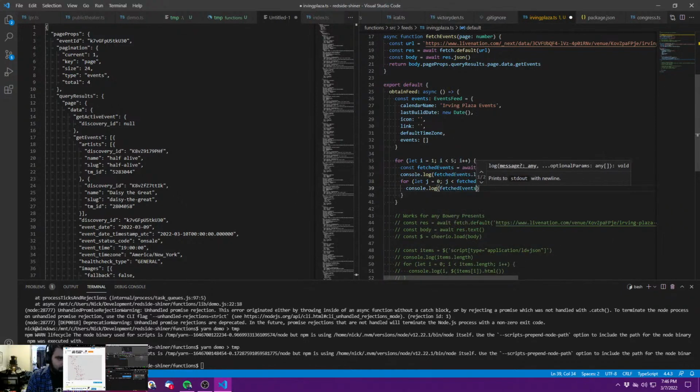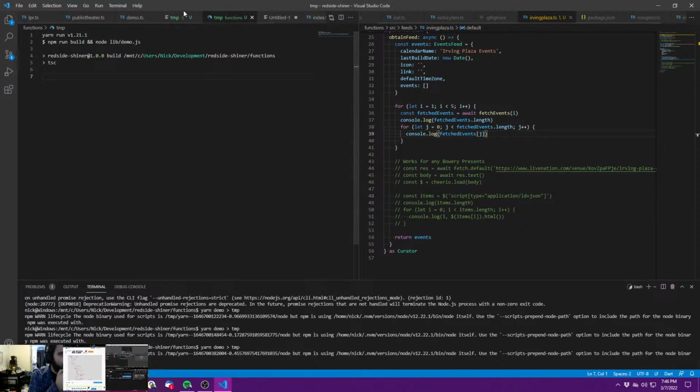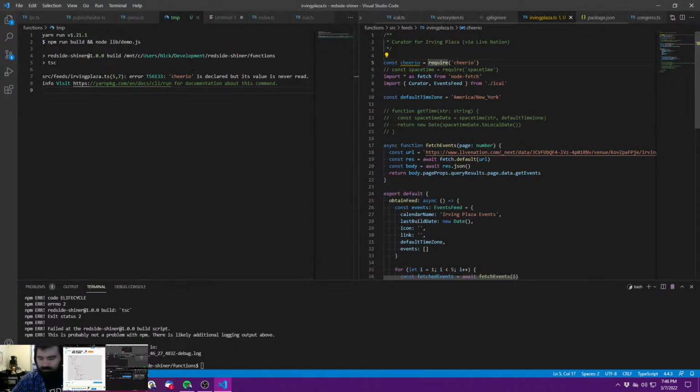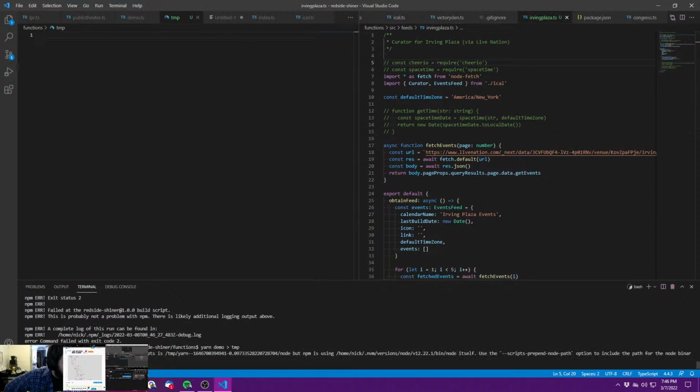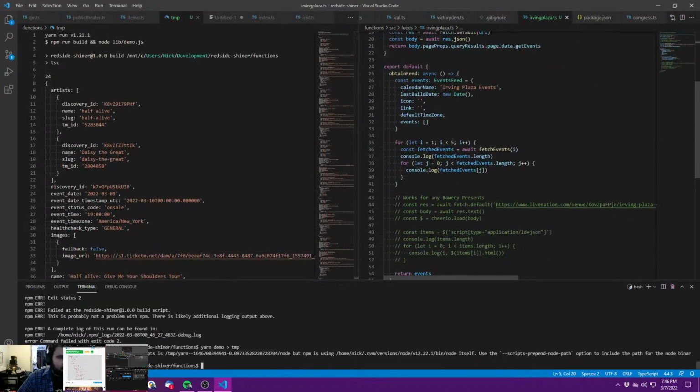Print out each event in its entirety. And let's go ahead and look at the temp. Cheerio is not being used. Alright, so we have all these events. Now we can actually start to go ahead